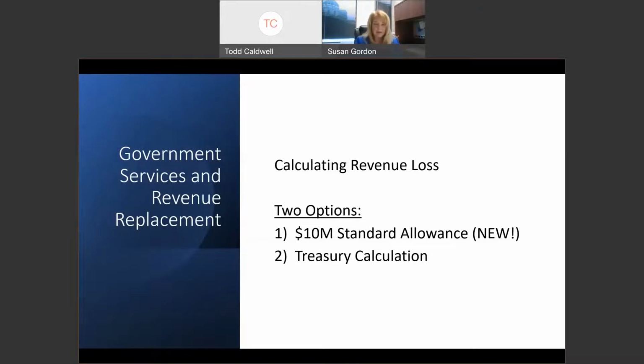This does not increase your allocation amount. For example, if you were allocated $3 million in this award, you're still going to get just $3 million. You're not going to get 10, but you can spend the entire $3 million on government services if you want to. Also, if you make this selection on the government services side, it doesn't mean that you have to spend all of your award on government services. You can certainly go ahead and spend your award on those other 3 categories as well.